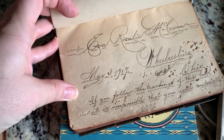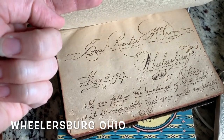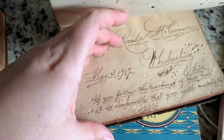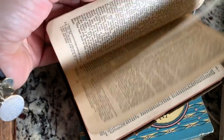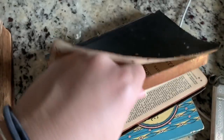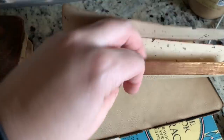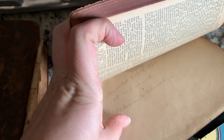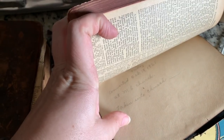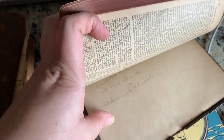Ava Rosalie McGowan. And I was like, why does that sound familiar? And look, it says Wheelsburg, Ohio. And it's dated May 3rd, 1917. And I want to say somewhere in here it's marked that it was a gift from her father or something. I think she wrote something on the back. Let's see here. Converted Friday, February 18th, 1921 at M.E. Church. Taken into church. I don't know, but